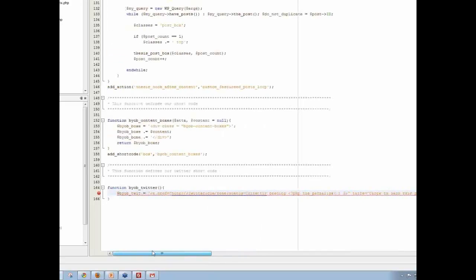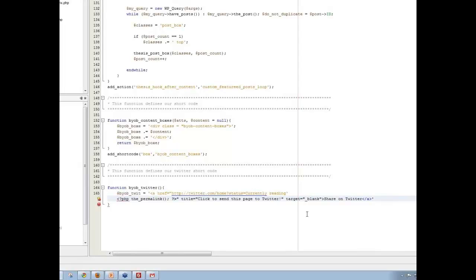So let's see if that works, actually. So we've got this, currently reading, and then there's the permalink. So I'm going to stop it there, actually, and drop back down, and again say BYOB_twit equals, whoops, that's dot equals,